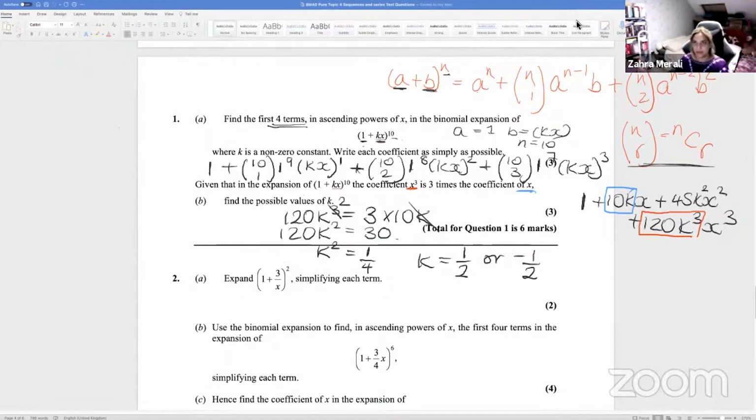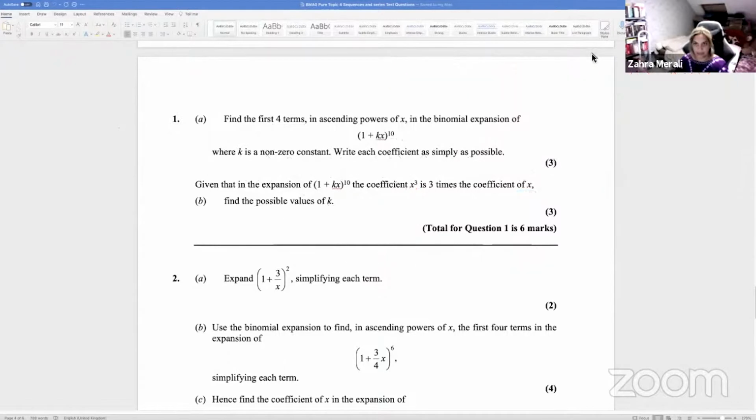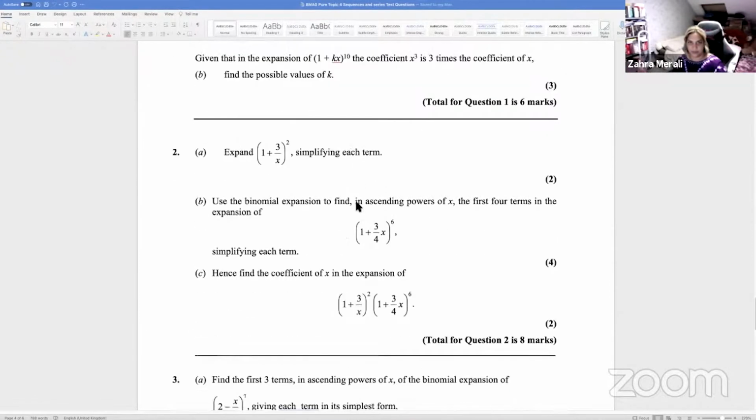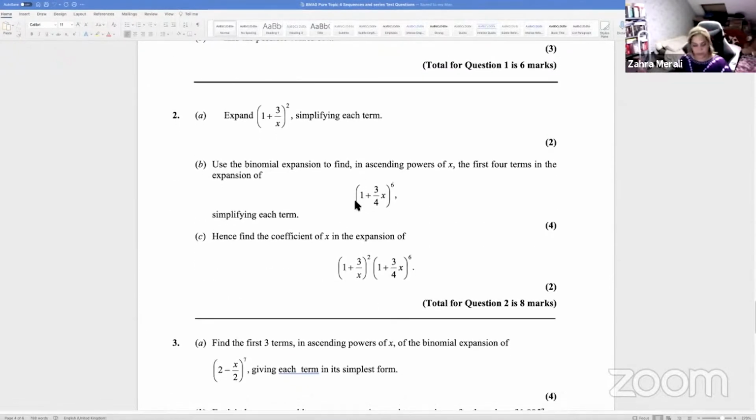Okay, so 2a. Oh, I didn't mean to delete that. Okay, right, let's scroll up and rewrite that formula out for you, how it's given to you in the formula book. So the way that you get given it in your formula book is a plus b to the n